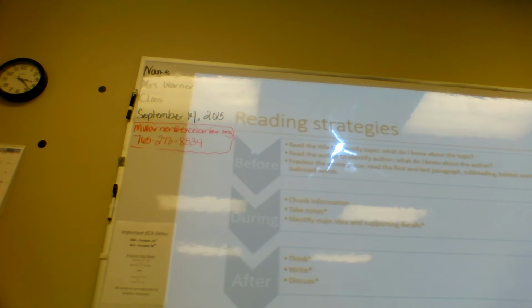So the direction that the author is going in with that topic. So maybe the author is talking about the size of different dogs. Maybe the author is talking about the goals that people have set. Maybe the author is talking about the obstacles that people have gone through. So the topic is going to be what's repeated over and over again in many different ways. So it may not be the person's name over and over again. It may be a pronoun. So we may replace that name with he or she. It may also be a form of that main idea, that main topic. So we're talking about different types of dogs.